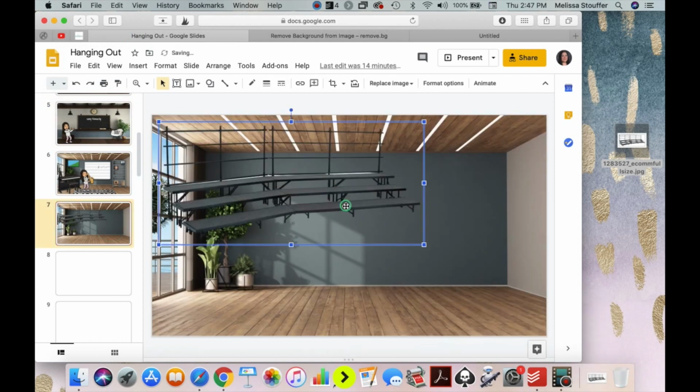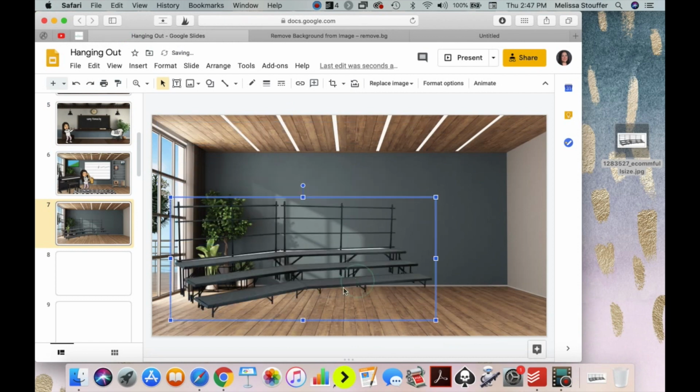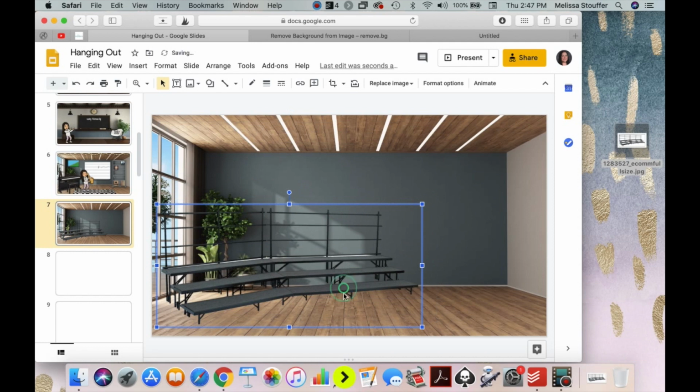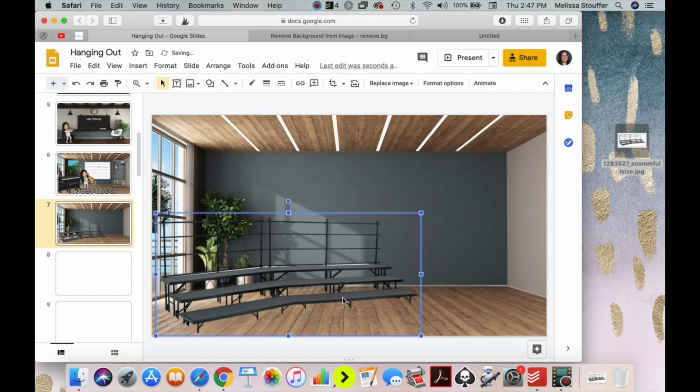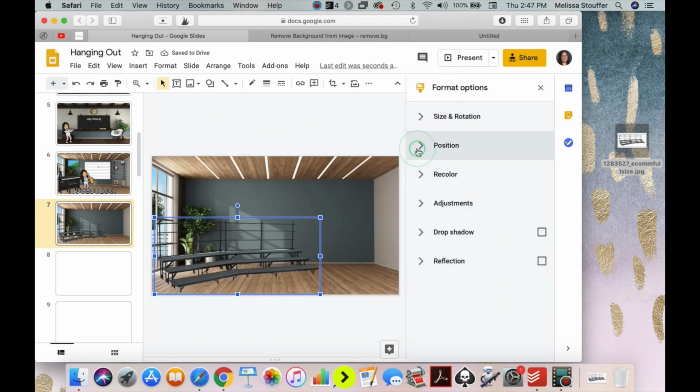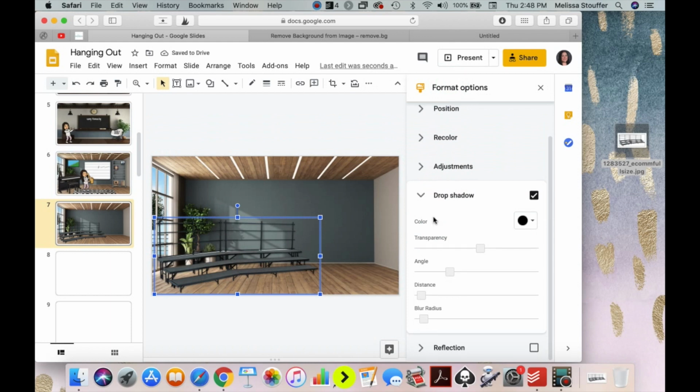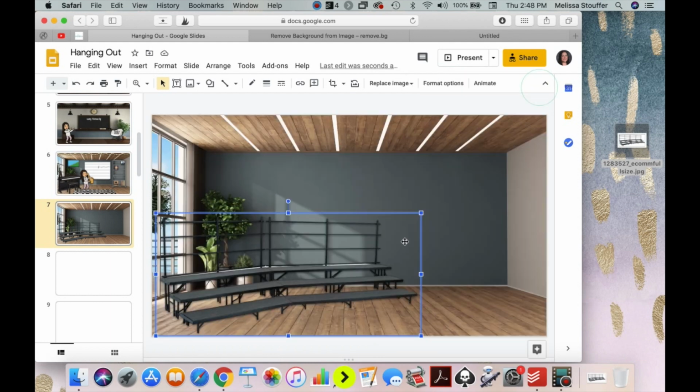I'm just going to drag and drop them in, and you can see now that the background has been taken out for me. That looks like it's sitting on the wall, so I want to move that. And I'm actually going to put a shadow behind it. Now there's a little shadow, and you can see it looks a little bit more like it's really sitting in the room. And it looks pretty realistic for the